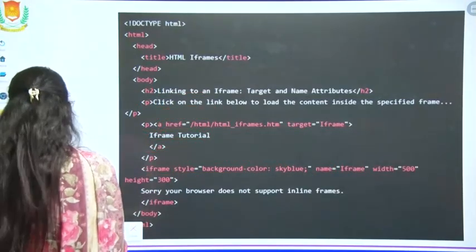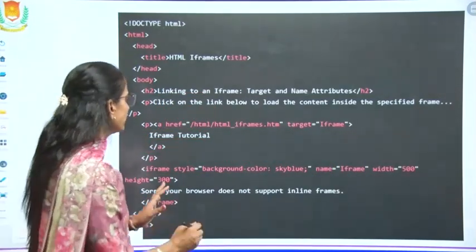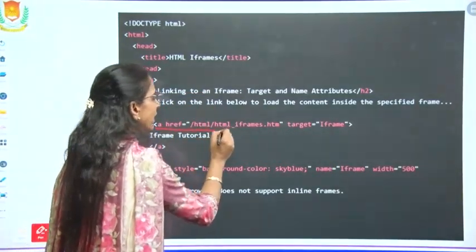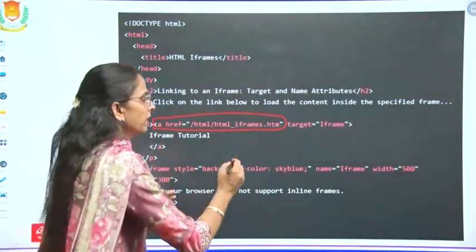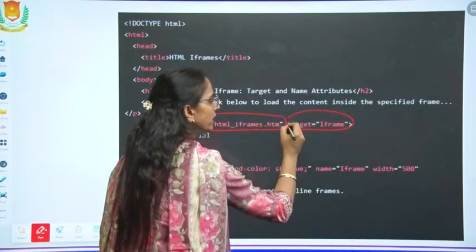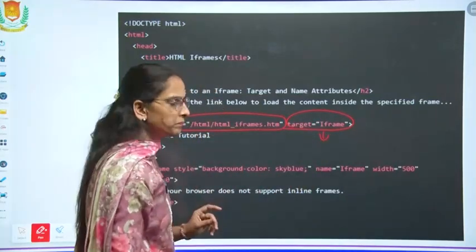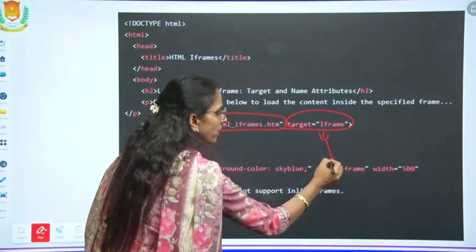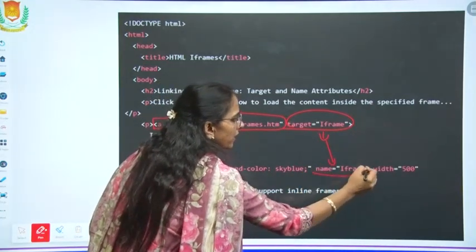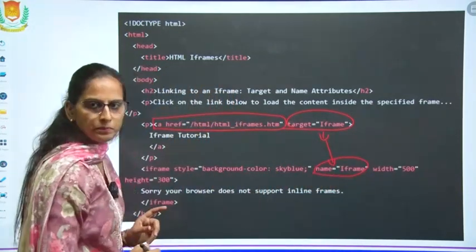I'll repeat it again. What is happening with the anchor tag? We have taken this target file to be opened. In the target, you will give the name iframe. This iframe will be specified there with the name attribute.